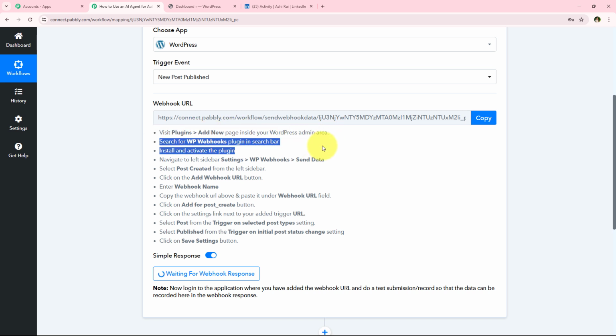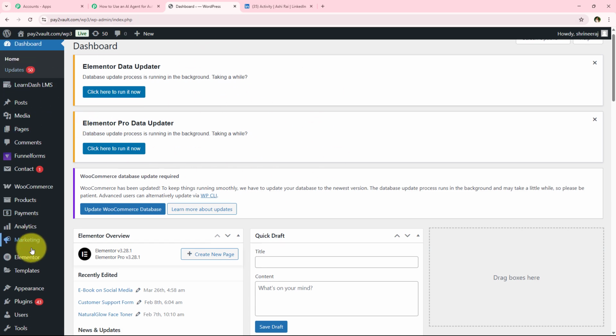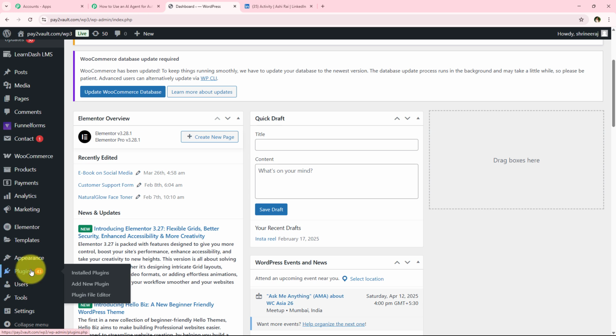Search for VP Webhooks plugin in the search bar, install and activate the plugin. Alright, so we're going to follow the same. I'm just going to open my WordPress account, and after opening my WordPress account, from the left side of the bar, we have to go towards this plugins, and then you have to go towards this add new plugin button